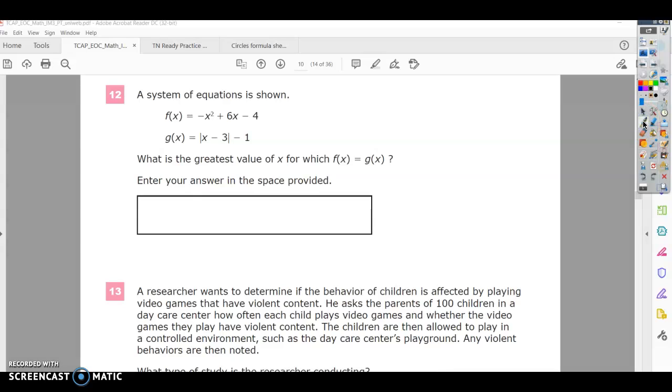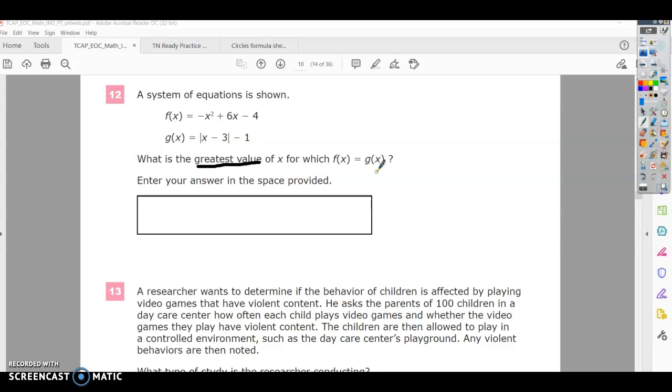Right, this is number 12 of the EOC Math 3 practice test. A system of equations is shown. F of x is negative x squared plus 6x minus 4. So you have a quadratic equation that is upside down because this is negative. And g of x equals absolute value of x minus 3 minus 1. What is the greatest, okay, this is important, what is the greatest value of x for which f of x